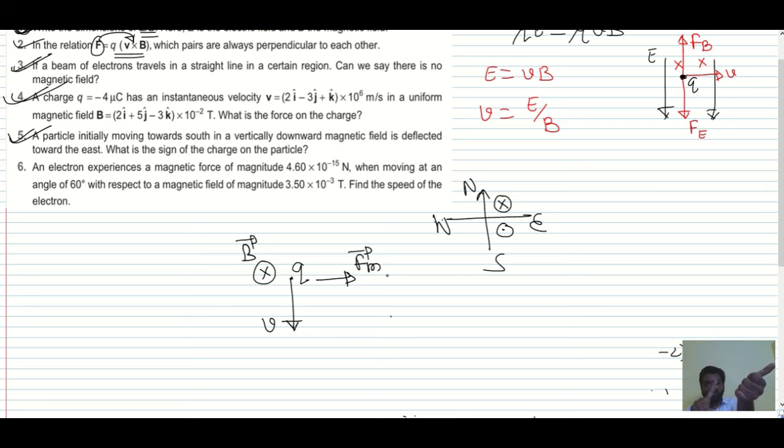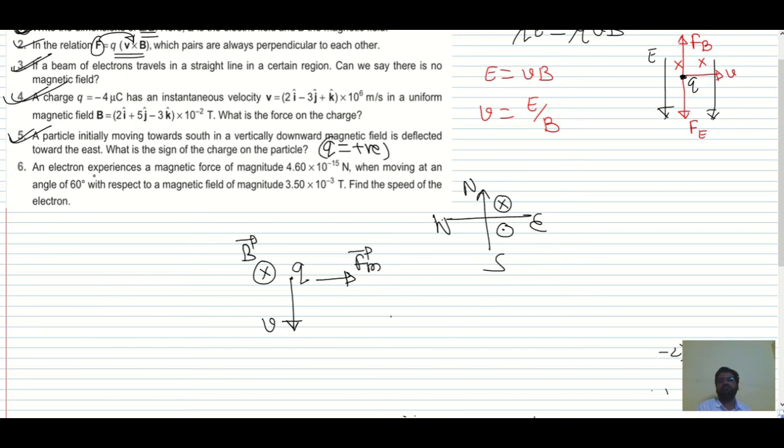Force is coming out to be in this direction. Given force and your force are coming out to be in the same direction. That indicates the charge is positive. If given force and your force is in the opposite direction, why? Because you consider the Q as positive charge. Initially I consider positive charge, and V bar cross B bar will give you the direction of force on a positive charge. But the given force also is in the same direction, indicates this is the positive charge. Charge given is positive. So I hope this is clear.